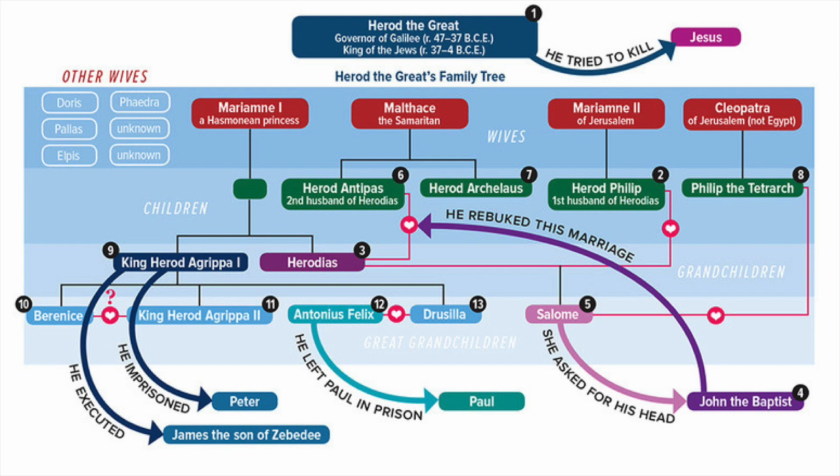And then once the Romans kind of kick Pilate out and some other guys, Herod Agrippa, that's the guy who imprisons Peter. He kills James, the son of Zebedee. He's eaten by worms, if you remember that story in the book of Acts. King Agrippa is the one who Paul preaches the gospel to, I believe in Acts chapter 24, 25-ish. And so once you're seeing this weird, strange story, hopefully, once again, you're building your diorama. You're getting context. You're seeing how these people relate. You're seeing who these people are.